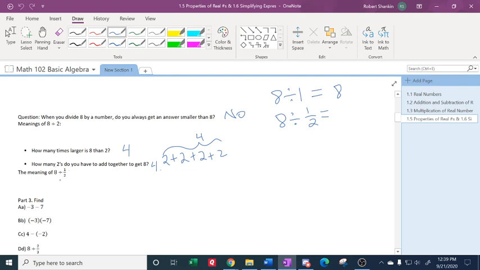How many 1/2s do you add together to get 8? And you add 2 1/2s to get 1, and you have to do that 8 times, so that's going to be 16. Now, when you reciprocate this, remember the rule that you had for the homework today was 8 divided